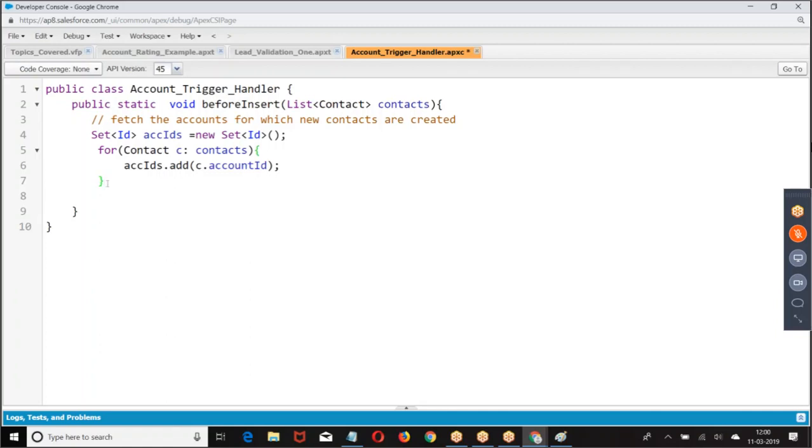Now we got the set of IDs of the accounts for which the new contacts are created.